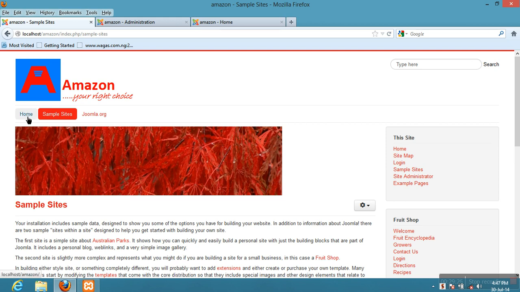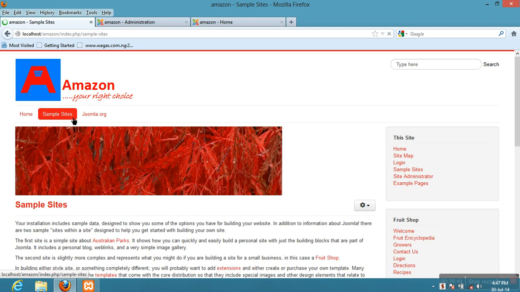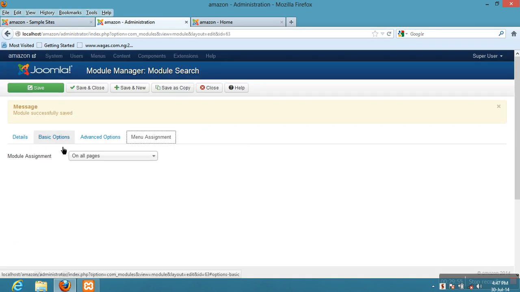For example, I'll go back home. So I click on home page. Let's say I only want this search module to appear in my home page. If I click on sample sites, it is also appearing in my sample site page, but I don't want it to appear there. So all I'll simply do is go back to my backend and then under menu assignment and then module assignment,